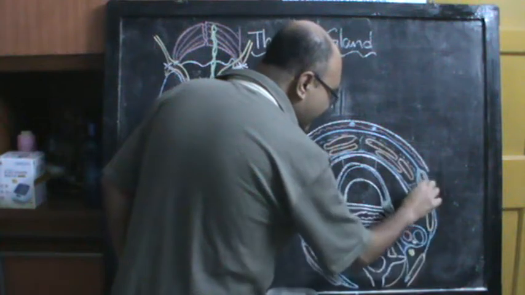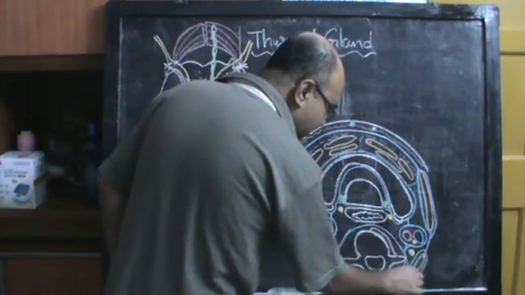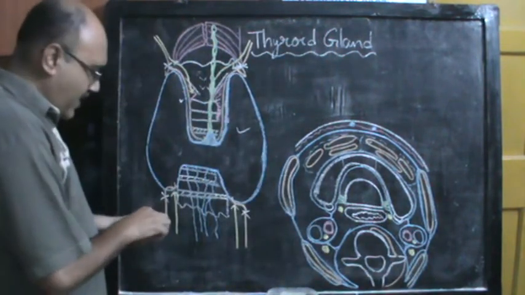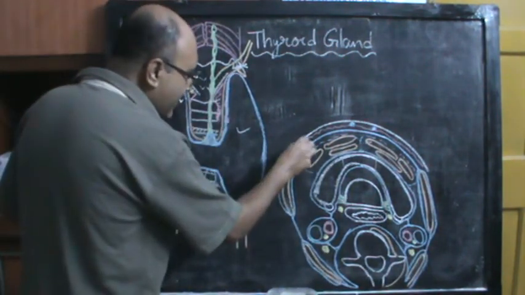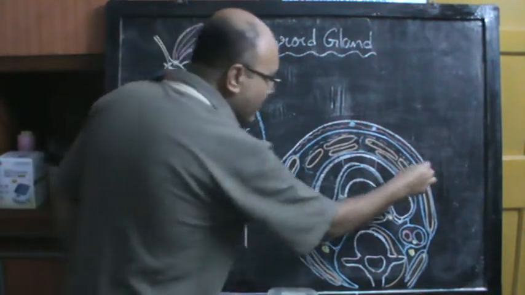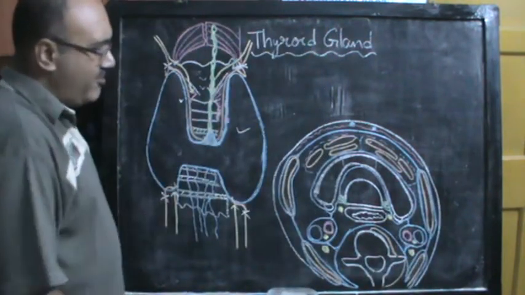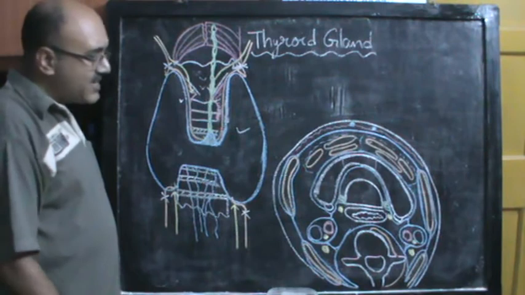You have put the thyroid gland in its proper position, both in its cross section and in its frontal view, and then again you have to complete, I suppose, the skin and subcutaneous tissue and everything. So what we have actually done is, roughly, we have drawn a cross section of the neck, not a very wonderful cross section, but a reasonable cross section.